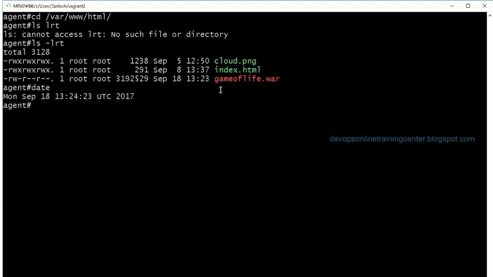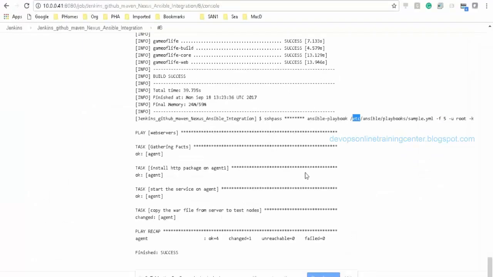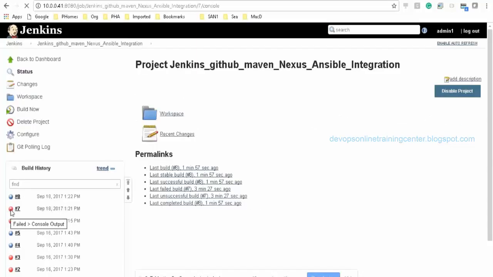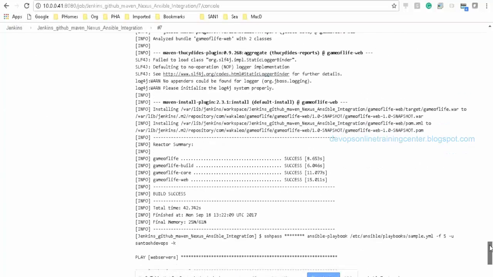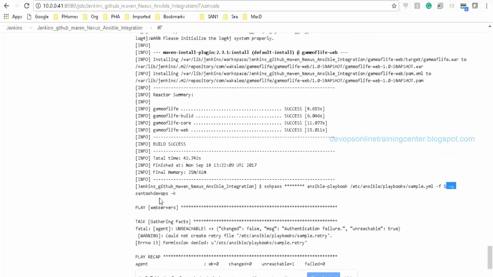Just a minute. Santosh? Sorry, what was the issue when it was failing? I gave the wrong user ID. Instead of root, I had selected my GitHub user ID. Oh, okay. Here you can see this internally gets resolved to -u root. Earlier, I'll show you, if you go to the console output in the previous job run, it was -u and it took the other user ID, which is wrong, right? It has to be root. Okay. That's why it failed, saying permission denied.